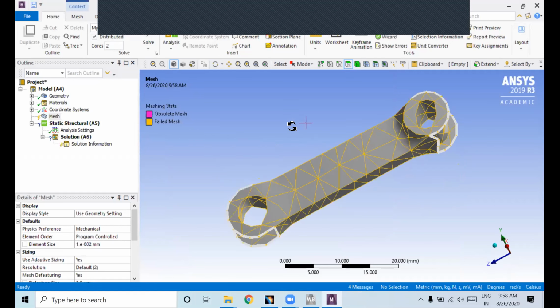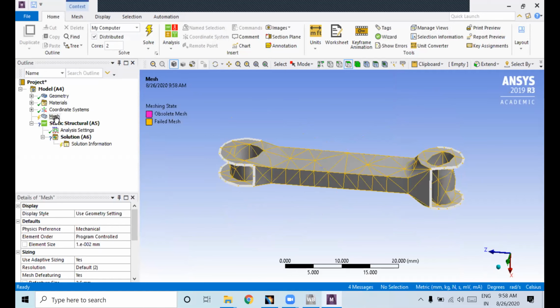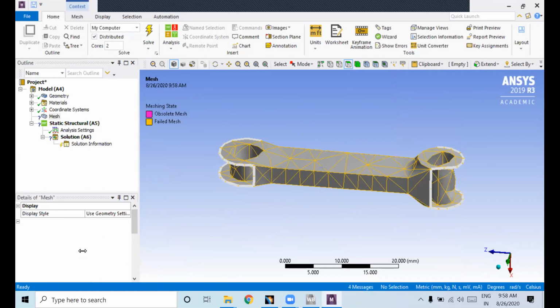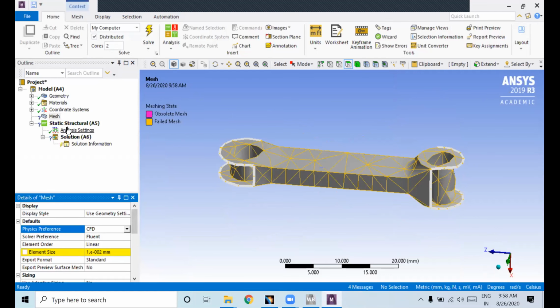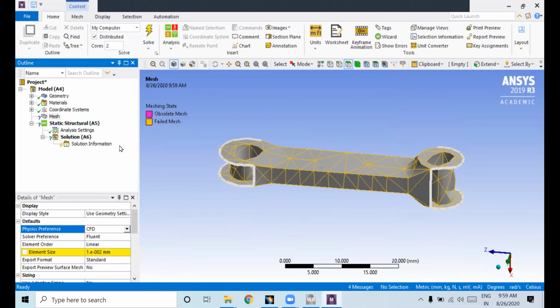See here, some parts are getting meshed. So what you will do, once you go to meshing here, here you have physics preference, right? Click on this drop down menu, click on CFD. Once you click on that, right click and just generate mesh.